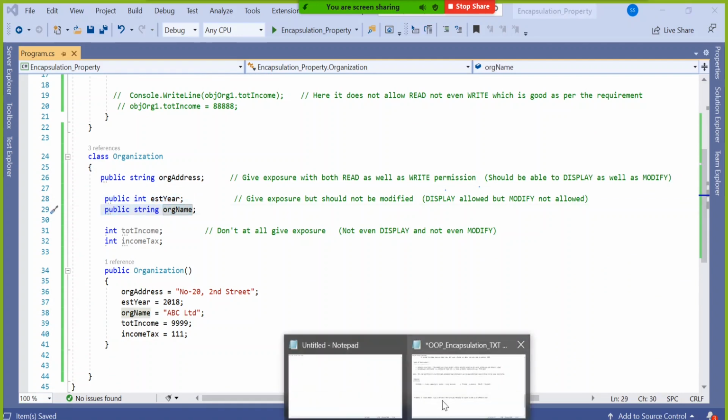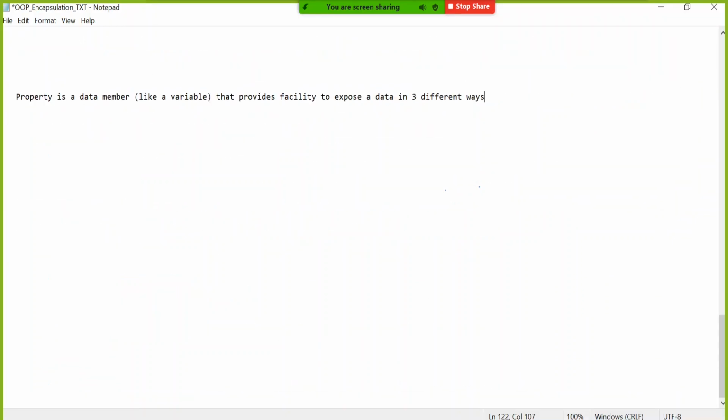I said there are two uses of property, two use cases. One is helping another variable to be exposed with read only. The one which we just now discussed, the scenario.